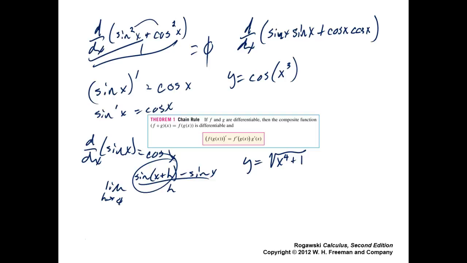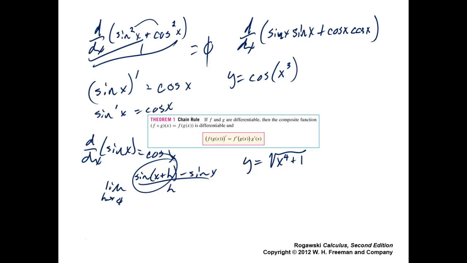One is the composite of the cosine of the cubic function. Okay, f of g of x would be, f would be your cosine function, g would be your x cubed, and you're doing f of g of x, which is a composite function, not a multiplication. Okay, and the bottom one, you're doing the square root of a quartic function, you know, your function raised to the fourth power. You might even say that's a three-way composite, but really x fourth plus 1 should just be treated as a single function. Okay? Now,